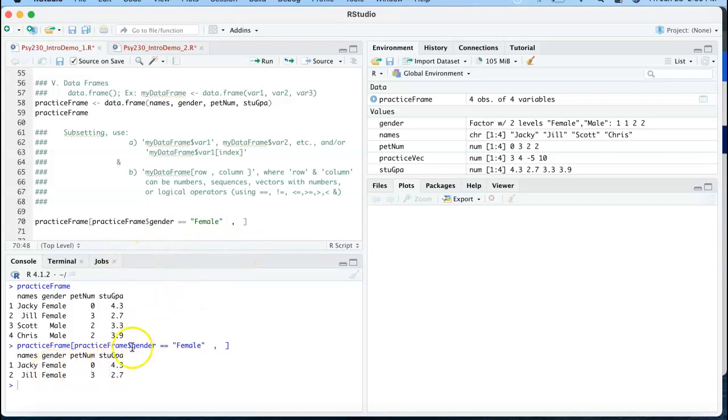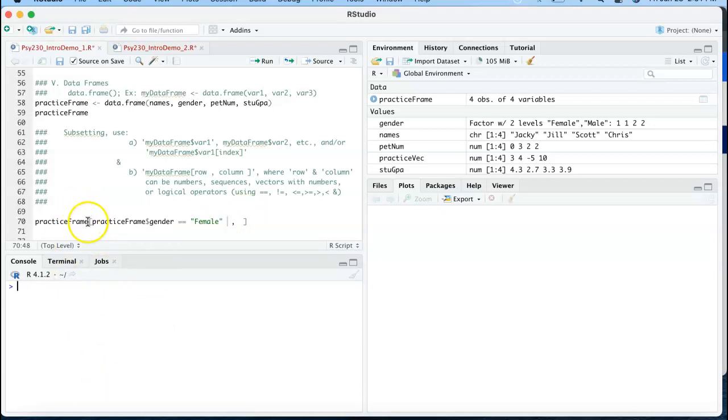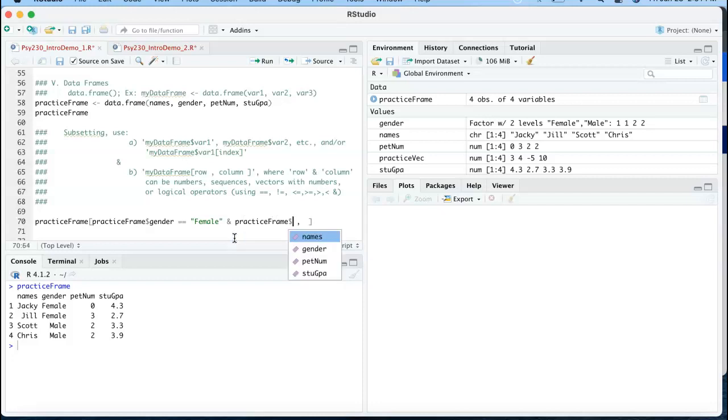Okay, so let's say that I wanted to return all the columns where the gender is equal to female, and the pet number is greater than 0. Okay, so let me clear my console real quick, just so that you can see it more clearly. Print. Okay, so here's my data. Let's do female. So I'm going to put and, and I'm going to put practice frame where the pet number is greater than